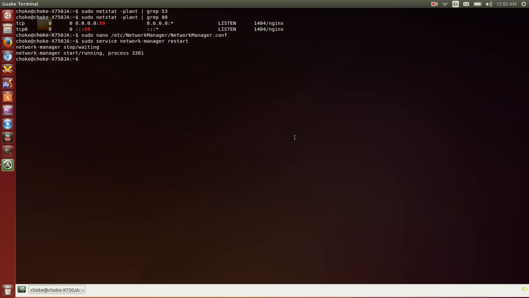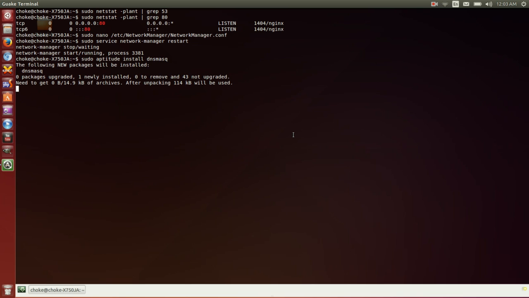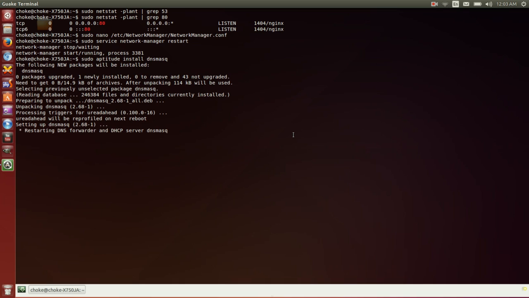Okay, so now we can go ahead and get the full version of DNSMasq simply by typing sudo aptitude install dnsmasq. Okay, so now I have DNSMasq installed,